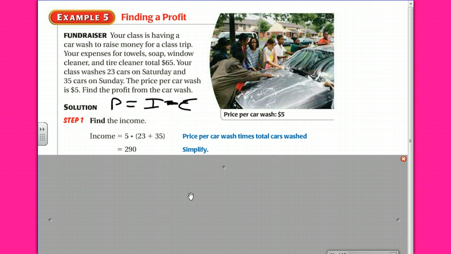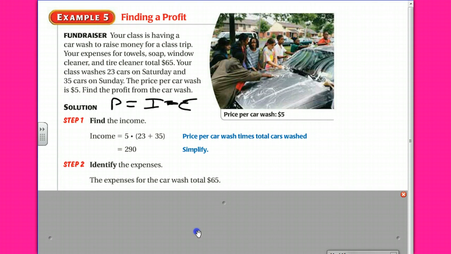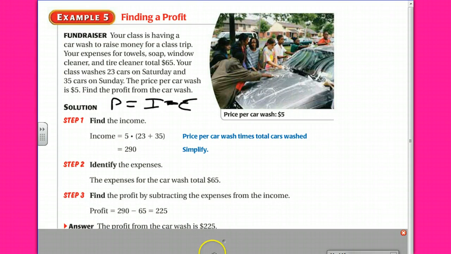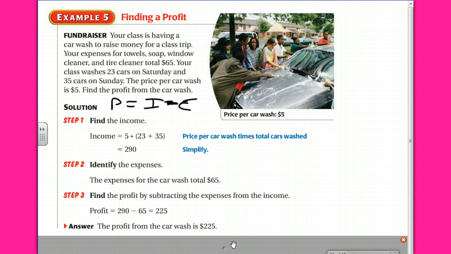What are the expenses when we have the car wash, Kenzie? And they just added that up for us, so that wasn't even hard, right? They could have made it more challenging by listing each of the expenses, and we would have had to total it up, but they gave it to us. So you simply identify them and subtract, and we can see that they made $225 for the class trip. That was the profit, okay? So you really need to understand that word profit. If it's asked during a test, I'm not supposed to define it for you at that time. You need to know now. That means the money that you actually have after paying all your bills, okay?